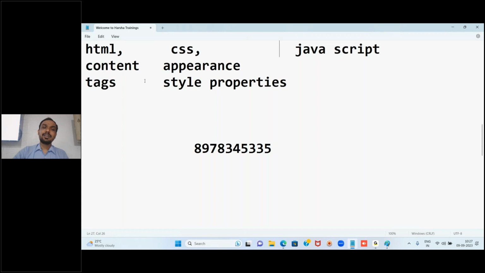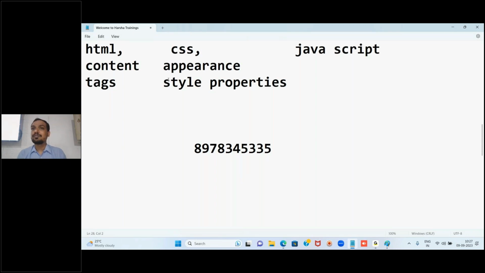See guys, to learn HTML, if you learn all the tags, fine, that's it. That is the learning of HTML. Learning of CSS means learning of the property names. To change the text color, what to do, to improve the text size, what to do, alignments, text, different styles, you will be learning. Technically, programmatically, you don't need to break your head to learn this language.